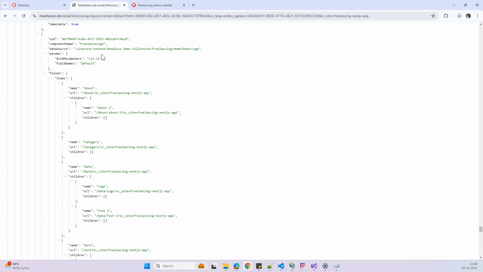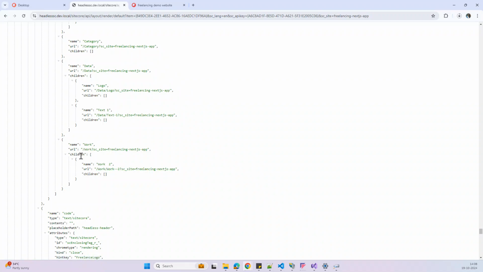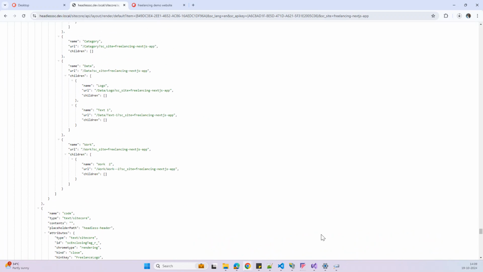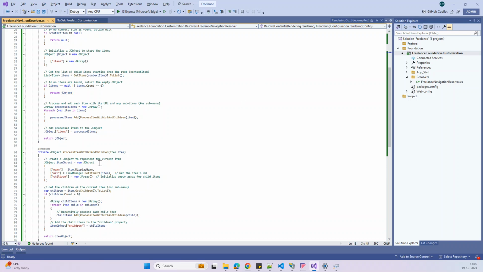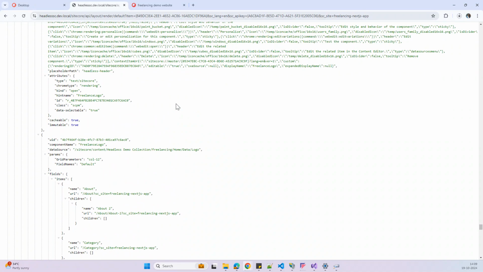Okay, freelance logo. Here I can see about and then URL and then children, about two, and then category and then work. In the work, I can see the children work and then this URL. Okay, but I think I have to generate the URL with link manager. Okay, it looks good only. Yep, now I have to bind these values